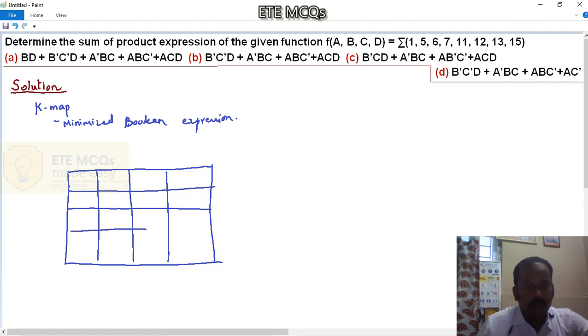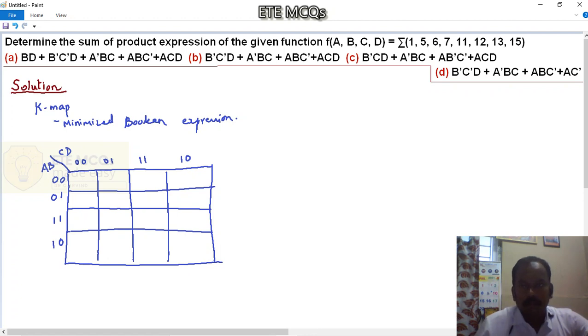Let us take A and B variables along the rows, C and D variables along the columns. We need to place the bits such that each adjacent cell has a 1-bit change, so let us write it in gray code format: 00, 01, 11 and 10. Again here 00, 01, 11 and 10.